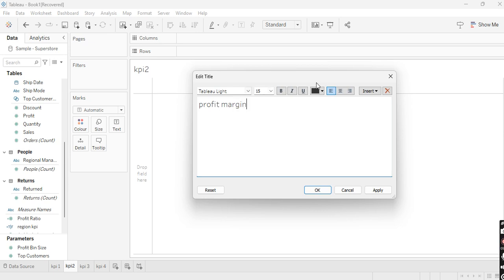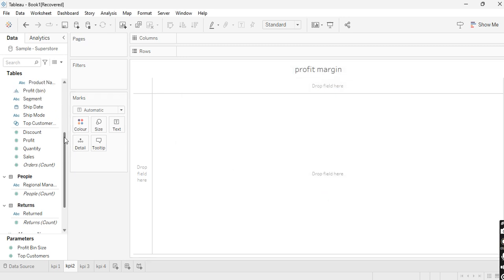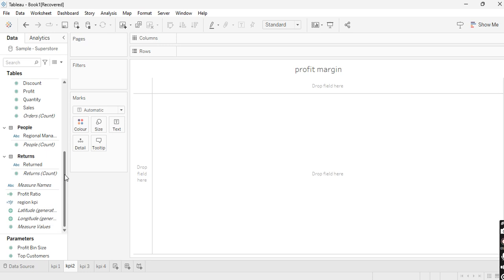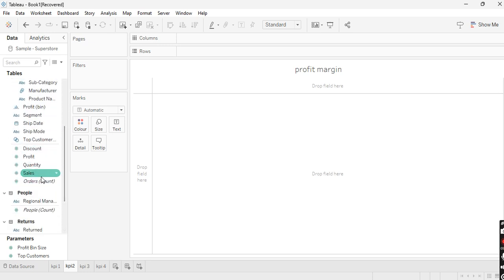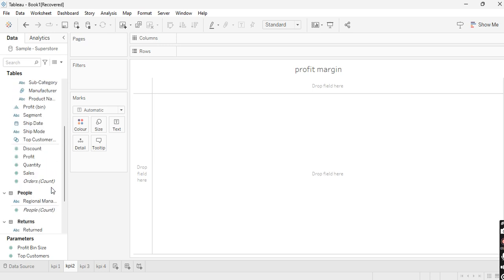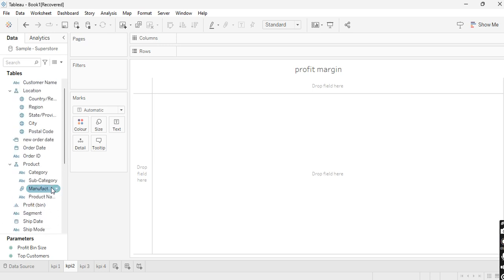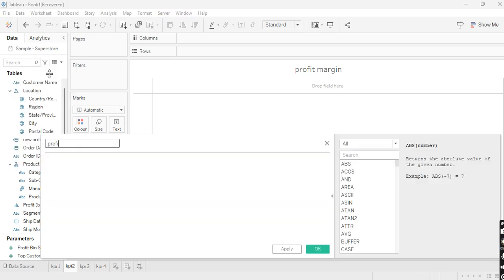It's very difficult to find KPIs, but whatever KPI you want to take, just try to create new KPIs other than the measures we have available in this data source. It will help you to practice on your Tableau as well. So in profit margin we will create one new KPI, that is the profit margin KPI,